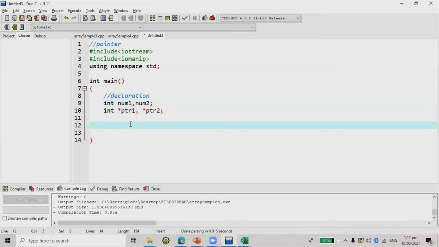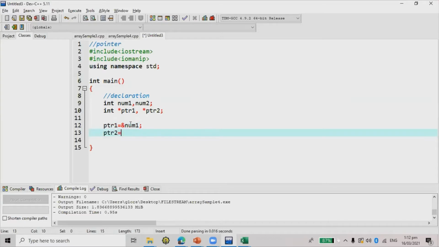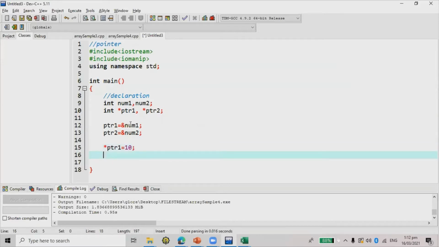So I'm going to assign first pointer 1: ptr1 = &num1; This means I'm already pointing my pointer ptr1 to the address of num1. Then the other one is ptr2 = &num2; Again, in this case, I'm pointing my pointer ptr2 to the address of num2. Then I can assign a value using pointer ptr1 and pointer ptr2. So let's say, for example, *ptr1 = 10; and the other one, *ptr2 = 50;